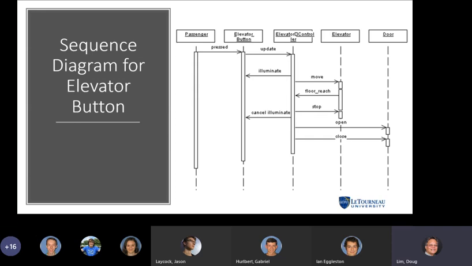The sequence diagram allows you, and so you can see here that we laid out the classes in a particular order that made most sense for the diagramming purposes, that it's in general moving left to right and one at a time. But like Jason pointed out, the elevator controller is communicating directly to the door and not going through the elevator.